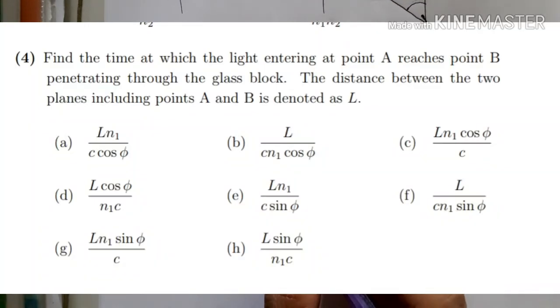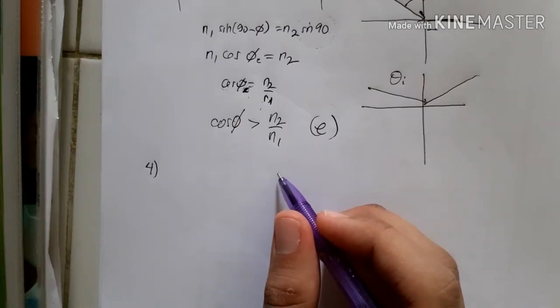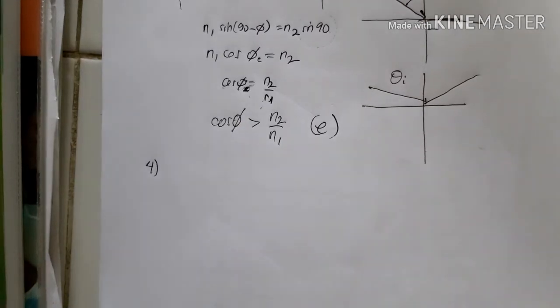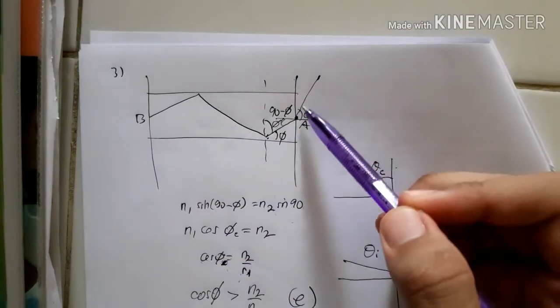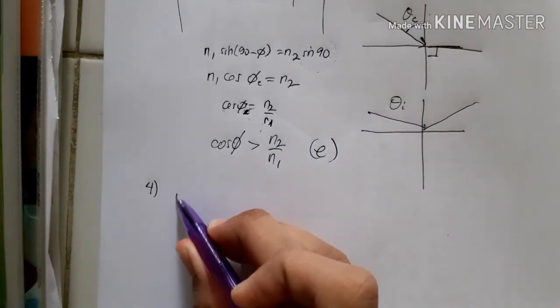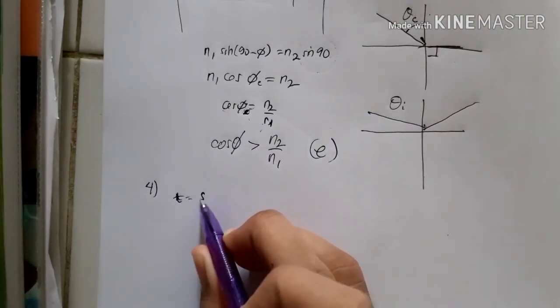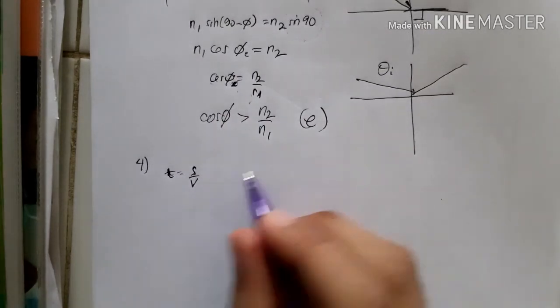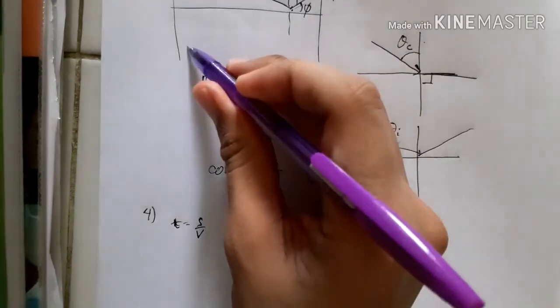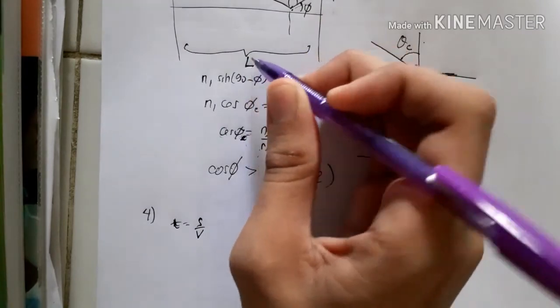Find the time at which the light entering at point A reaches point B penetrating through the glass block. The distance between the two planes including points A and B is denoted as L. So the question means we have to find the time when the light comes from here, then there, and there. What is the time? The general formula of time is distance over velocity. The distance is L, right? From the picture,